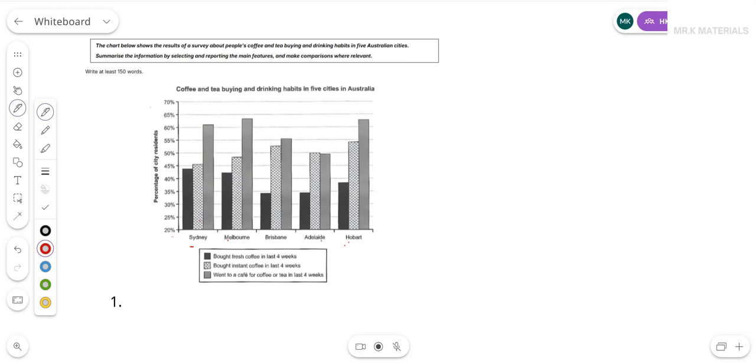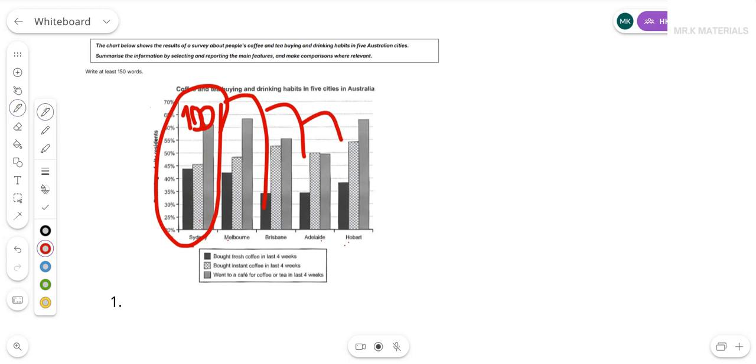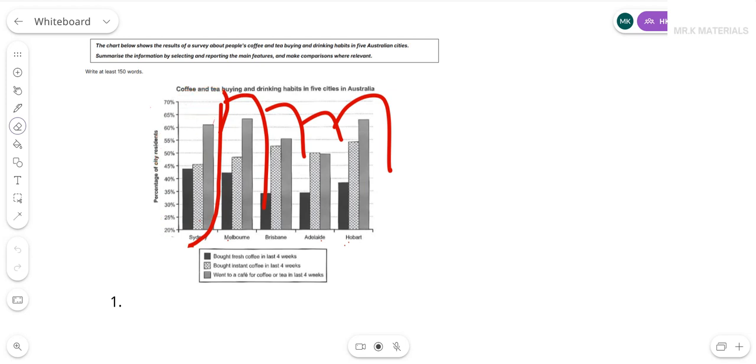Because, first of all, every city here has its own 100%. There is a separate 100%, a separate 100%, a separate 100%, a separate 100%, a separate 100%. This is the first problem. If I had one common 100%, I could have said accounted, constituted, because the translation of accounted means